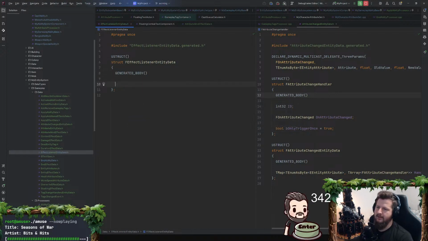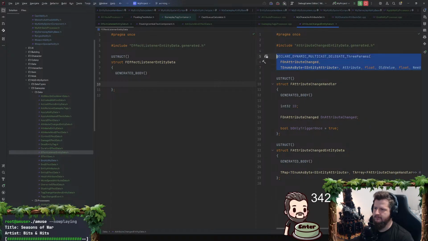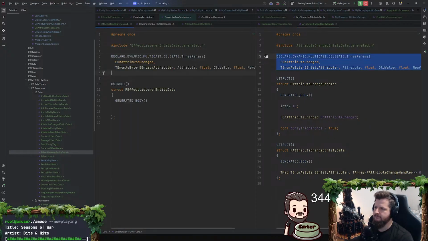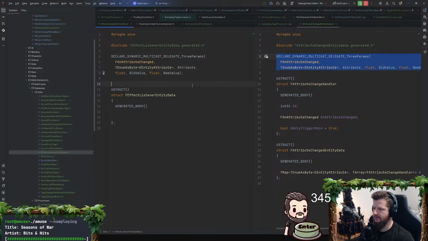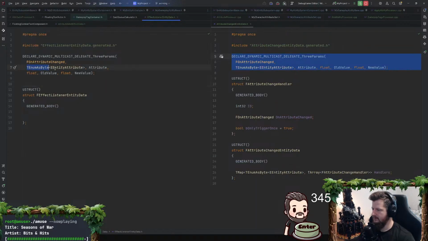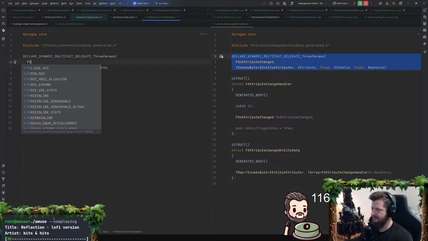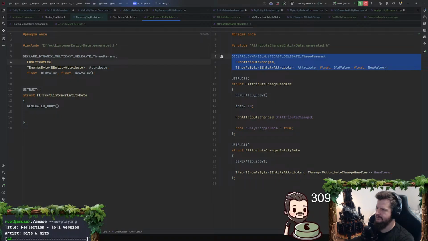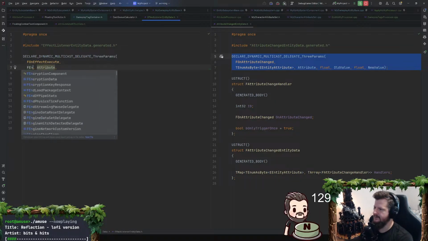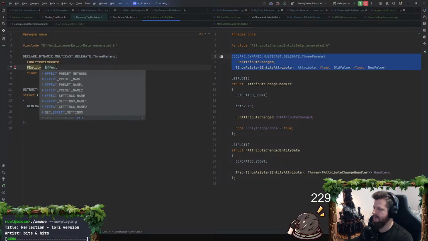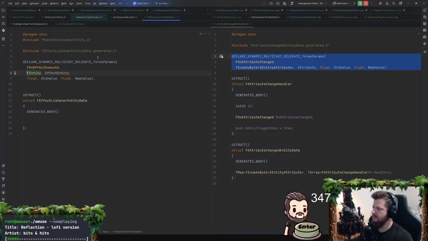Okay, so I need to create a delegate. And what do we need here? So what do I need to know here? This should be F on effect execute. I will need to know F entity, the effect entity.